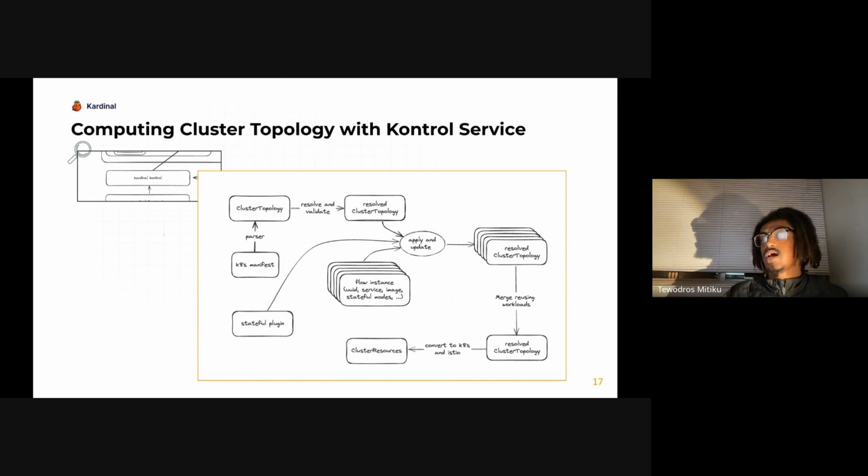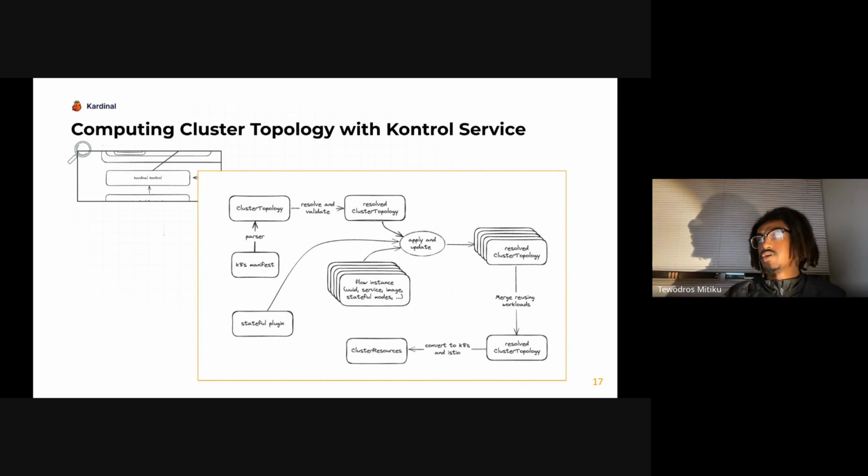So for each flow configuration that a user has given us, a flow configuration consisting of, okay, what's the target service of this flow? What development version of a service do we want to be using? What's the image for that development version of the service? What are the stateful modes that we want to be using the service in? So what are the stateful plugins that we want to be using for this flow?